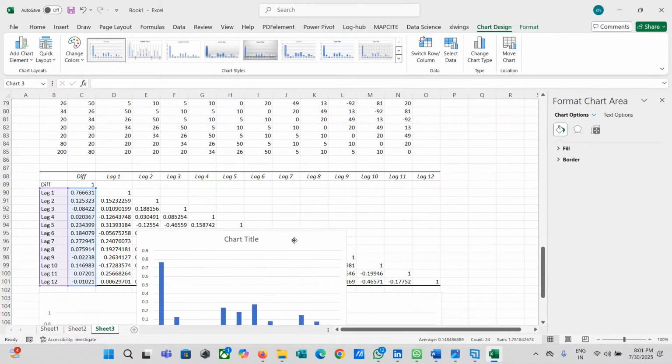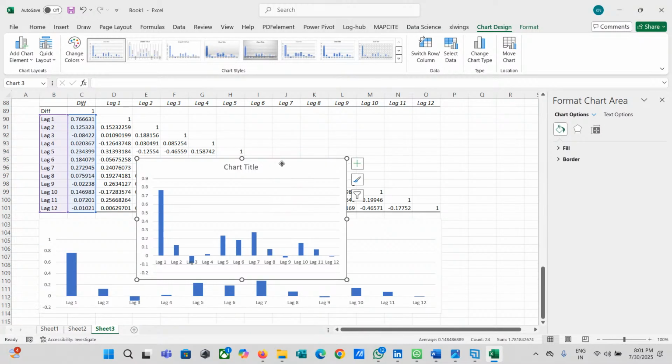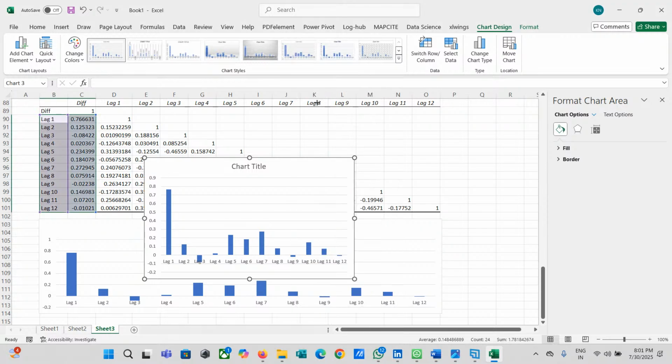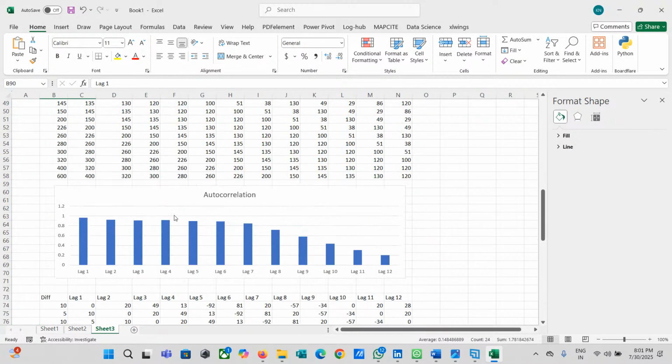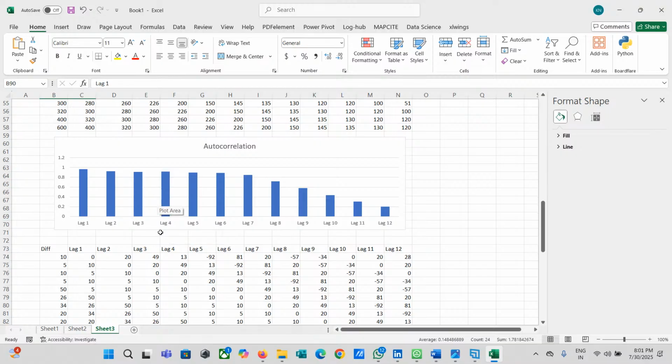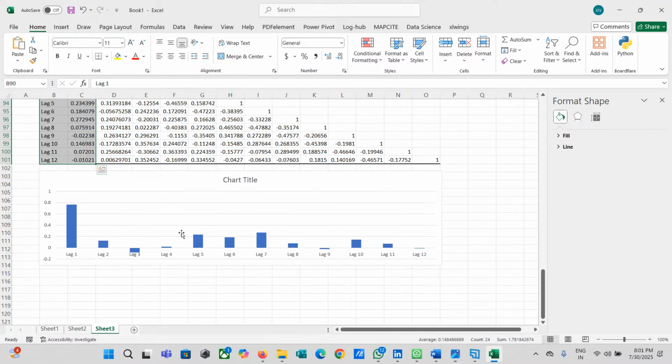Now if you look here, we see a clear case that we have managed to make the data stationary, because there is a difference between the autocorrelation chart for the sales data without differencing and the one with differencing. After lag 1 or lag 2 we are seeing a death of the correlations.